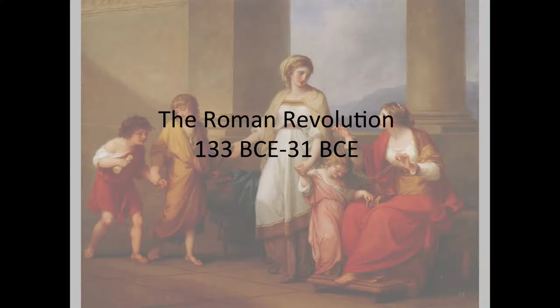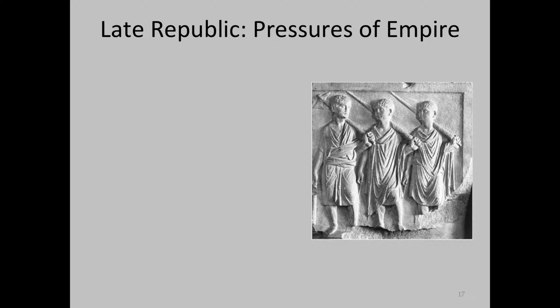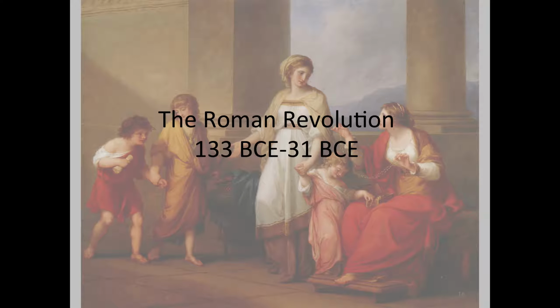It challenged the traditional dominance of the patrician classes, even in the Republic. It challenges the tradition of patronage, and it even challenges family values. So a number of new pressures that the Roman era of expansion puts on the system will usher in what we call the Roman Revolution. So the Roman Revolution is a long period of change from 133 to 31 BCE, beginning with the Gracchi brothers and ending with the reign of Julius Caesar's adopted nephew, Augustus.